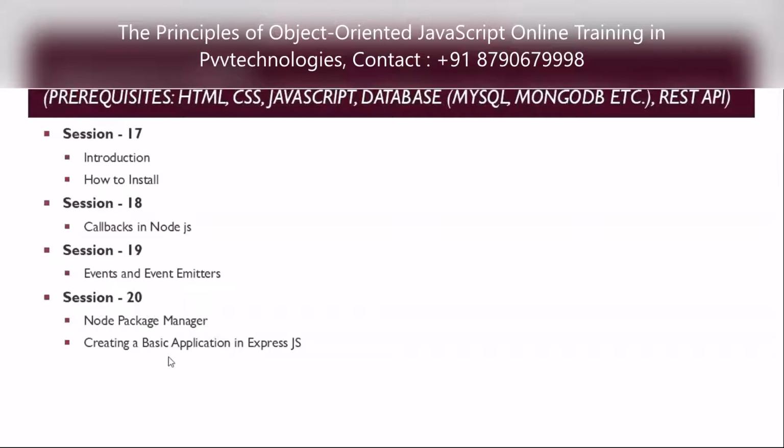We will also walk through a few of the core packages of Node, and we will try to walk through some popular packages which are available in the market.